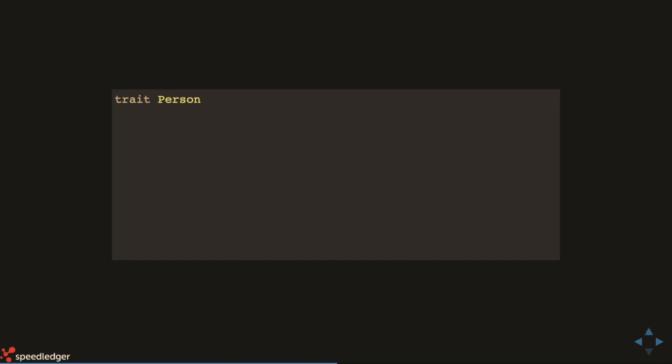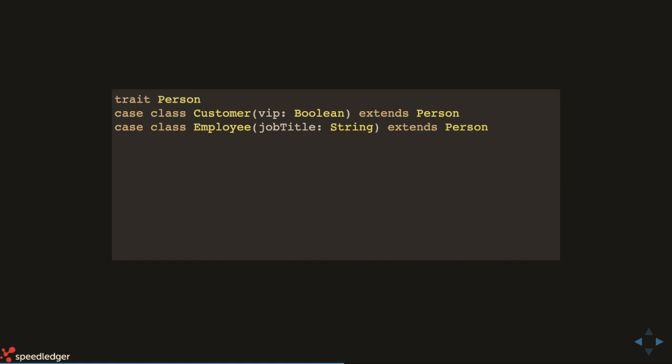And a trait is a bit of a hybrid between an interface and an abstract class. So you can have some implementations there if you like, or you can have nothing and use it more to type things together. In this case, we'll create a customer and an employee. They're both some kind of person. And then we'll create a nerd and a user, which are also persons.